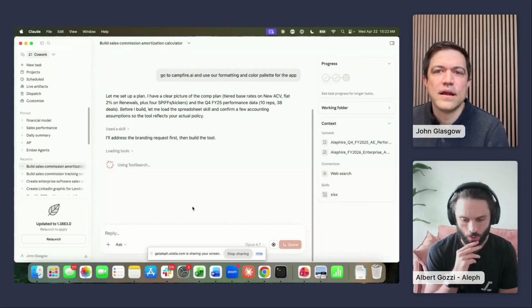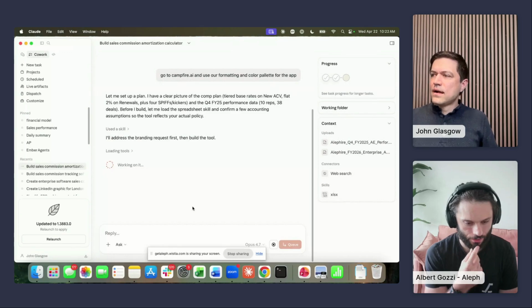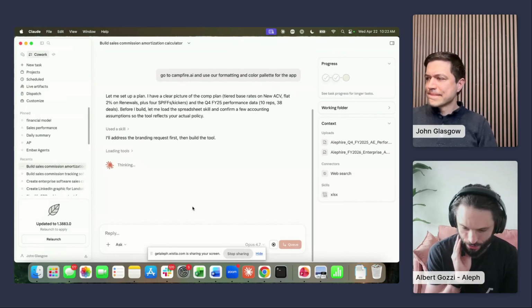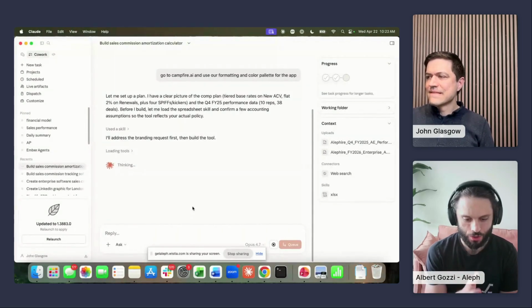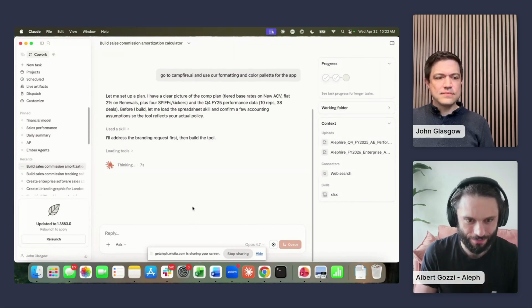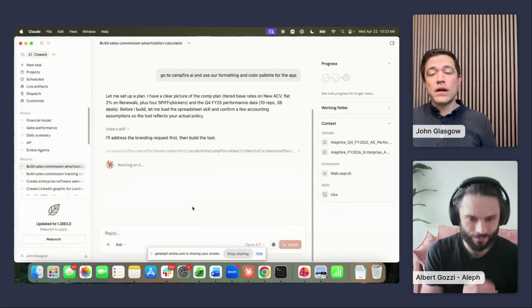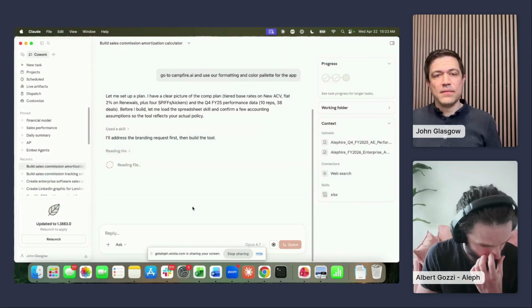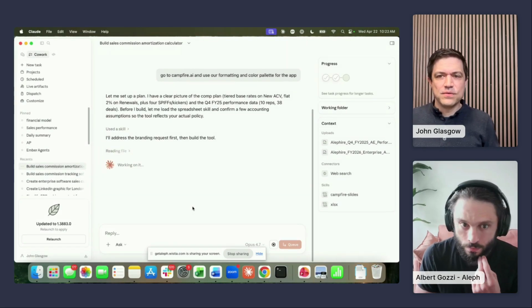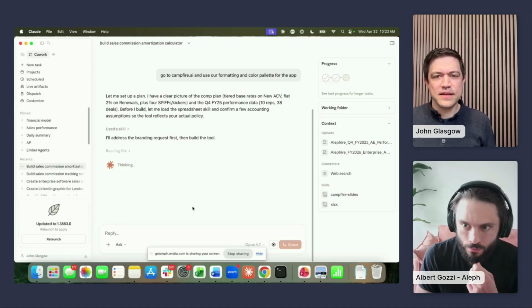We have a question, John: once you build this, how would you distribute it to the reps? Well, on a comp calculator, at least here, we don't really distribute the tool to the reps. I think we just calculate it.